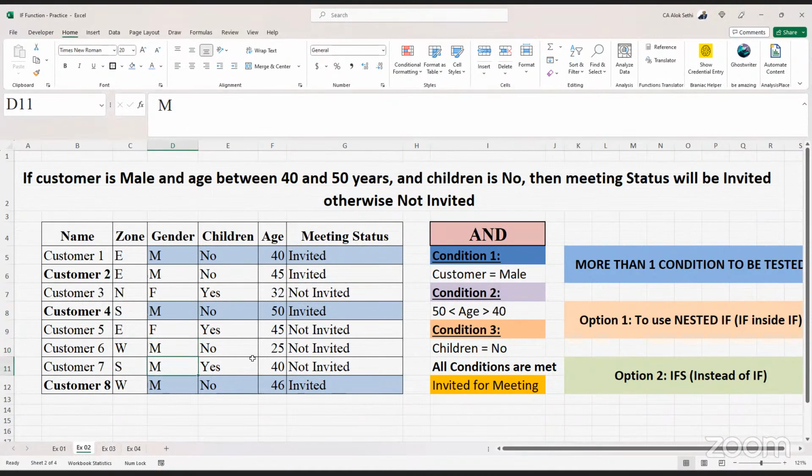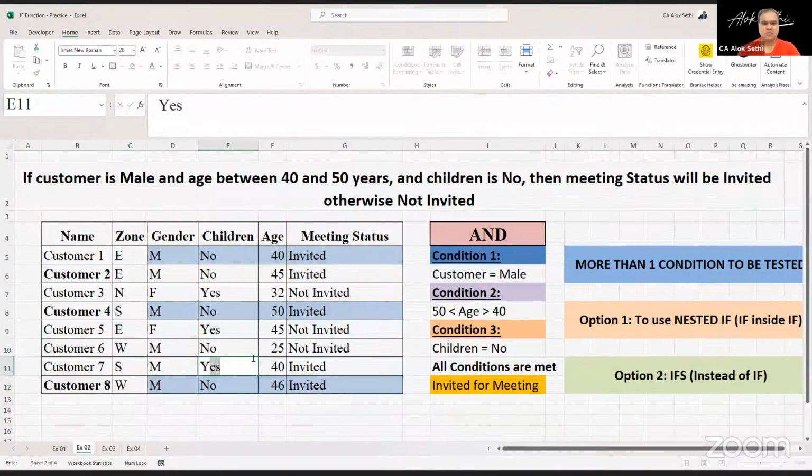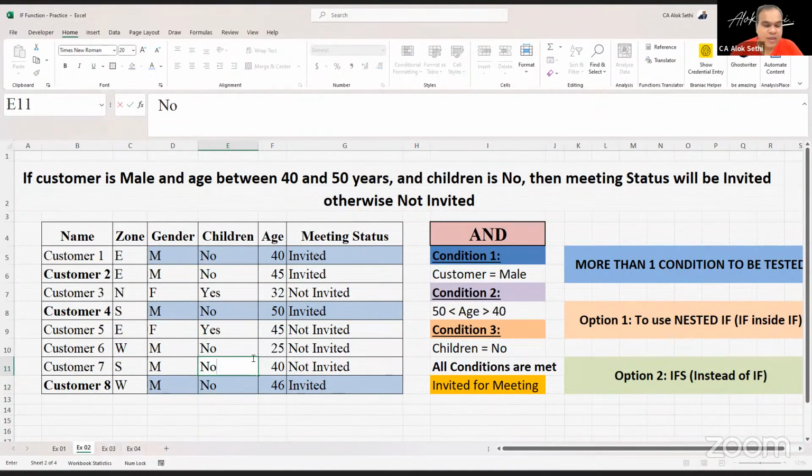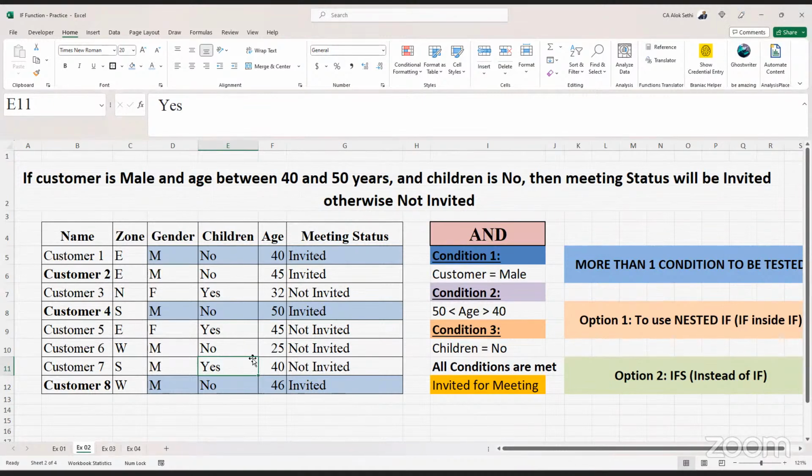Children no होगा वहाँ पे। अगर हम नो क्यों करेंगे? ये तो डेटा हमें दे रखा है ना, ये तो ऑलरेडी डेटा दे रखा है। सर, अगर नो कर देंगे तो इनवाइट कर देगा वो। यहाँ पे लिखा होता है यस। हमारी जो कंडीशन है वो 40 और 50 दोनों एज को इनवाइट करना है। हाँ, एक सेकंड वापस बोलिए, क्या बोल रहे हैं आप? तो जो दोनों एज हैं हमारी 40 और 50, दोनों एज के ग्रुप को इनवाइट करना है ना। हाँ, करना तो है।